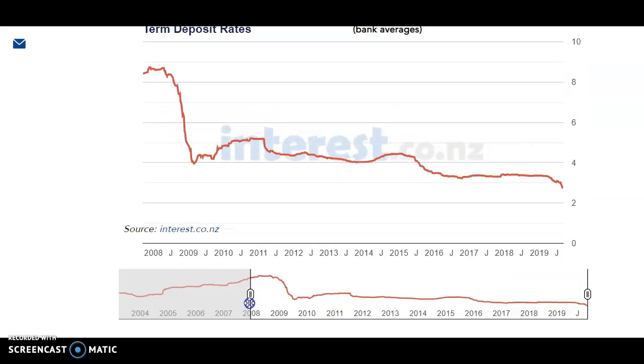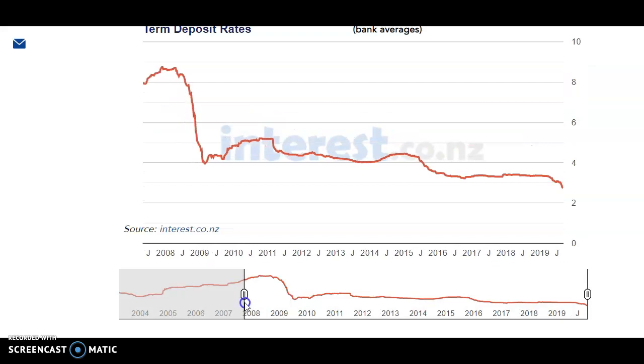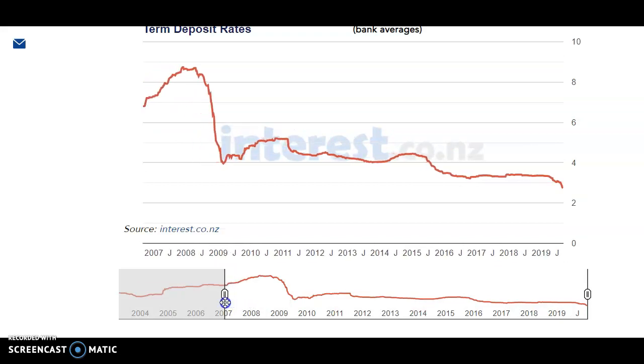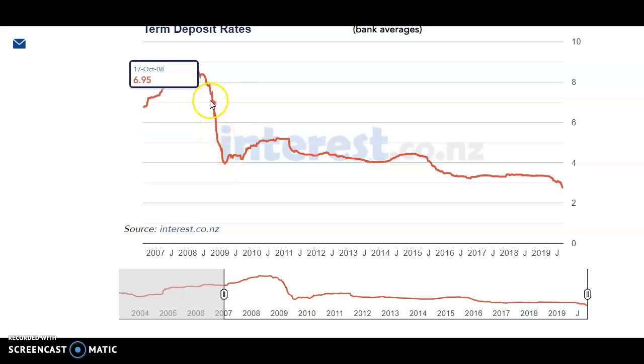Back when you were born, around 2007, 2008, something really interesting happened. I've set that for 2007. You can see it lines up with 2009. If you go up on here, you can see the interest rates. What happened in 2008 is there was a crash, so interest rates plummeted. So you were born around a time that was pretty buoyant, depending on when you were born. If you were born a little bit later, it was on a decline.